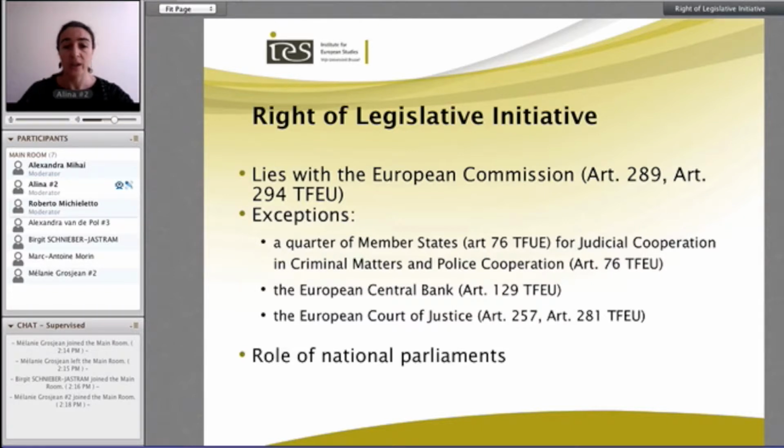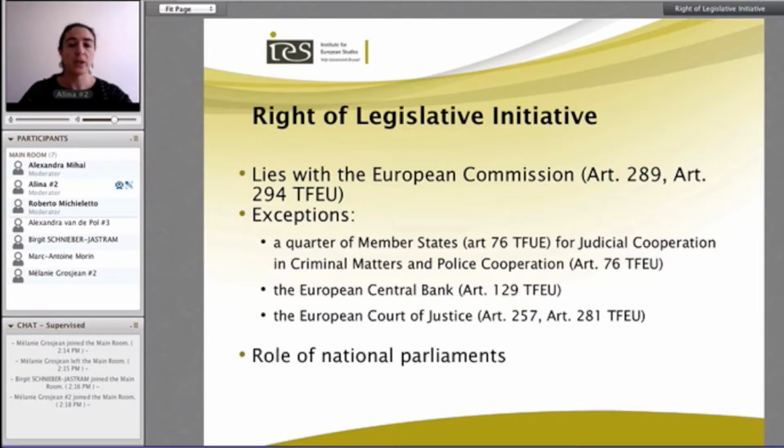And here we have 2 different types of procedures. What I have just described is the so-called yellow card procedure. We also have an orange card procedure. That means that if national parliaments decide by a simple majority that the principle of subsidiarity has not been adhered to, the Commission is forced to re-examine it and provide a justification if they want to stick to the proposal. And what's crucial here is that when this proposal then ends with the European Parliament and the Council, this is the first question that is examined by the 2 institutions. And here they can also vote on it and either support the opinion of the national parliaments or not.